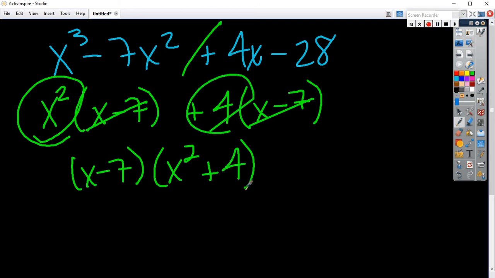Now, can I factor x squared plus 4 any further? No, because it's a sum of 2 squares, not a difference of 2 squares. Wait, what? You can't factor x squared